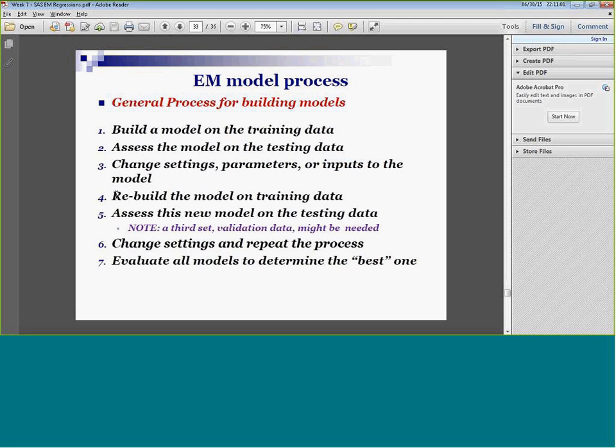So when you do that, of course, you're rebuilding the model based on the training data, and you're assessing again on the testing data, and that's pretty well automated. You may want to use the third set for some reason. Again, change, and then just basically rinse and repeat, like it says on the shampoo bottle. Let's go back and change some more things. And again, eventually you, of course, run out of time and energy, or you get a model that is